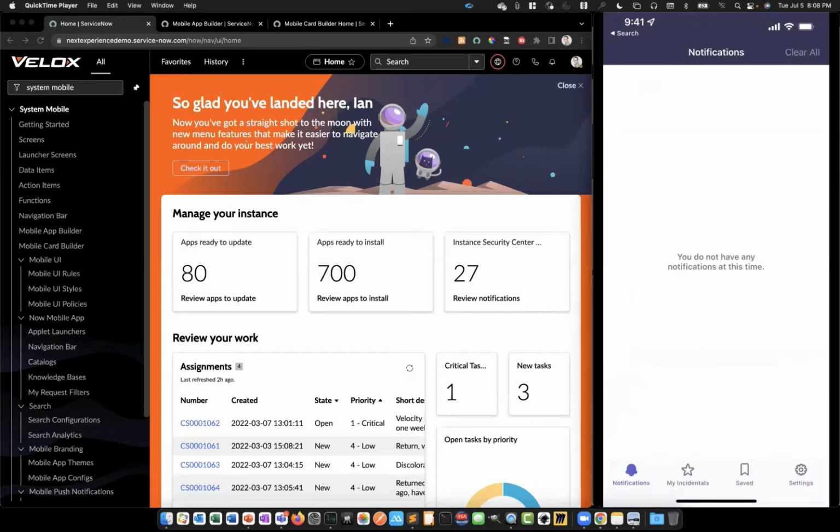All right. So here we are. We're logged in as an employee. We've downloaded the wrong app. We don't know. So we're expecting to see a good experience, but instead we see something like this, where we see a navigation screen, maybe something else, maybe your saved items and settings, but we don't really have any content